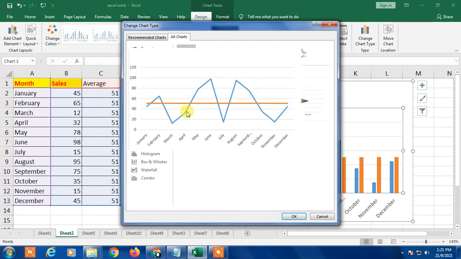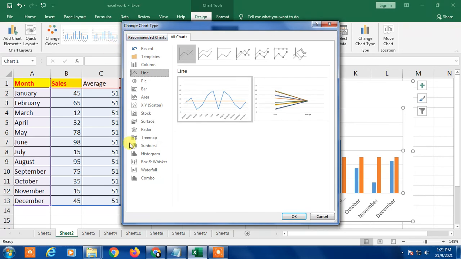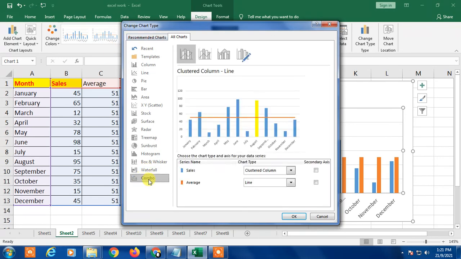You will get a line for sales as well as average, but we need the average line only, not the sales line. We have to keep sales as a bar and we need only the average line. For that you have to use this combo option. You can keep sales as a bar like this and average as a line like this.